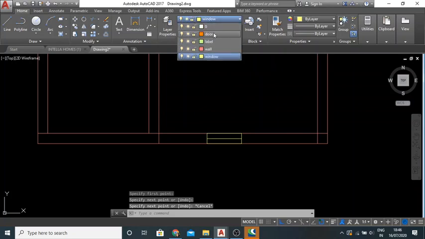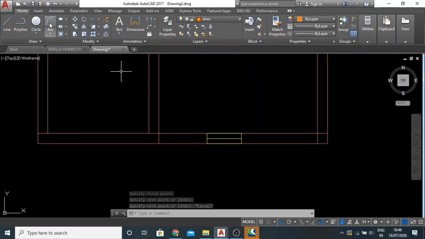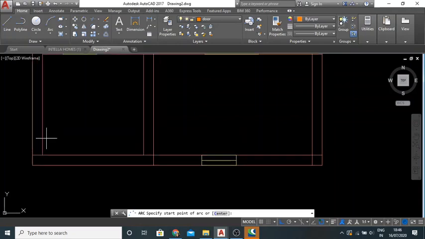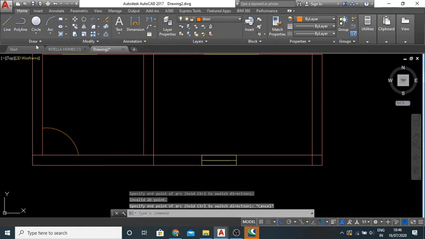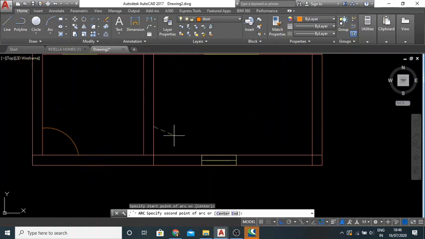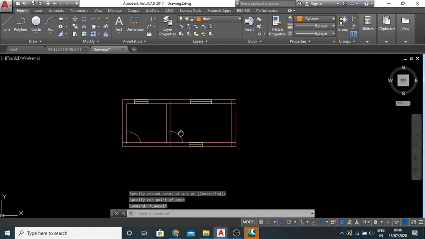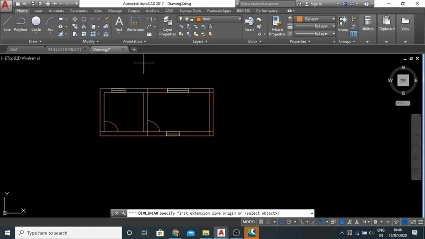Now I want to create a door. If you have a door block, you can use that. I'm just creating it with a three point arc. A door is not created like this, I'm just giving it as an example.